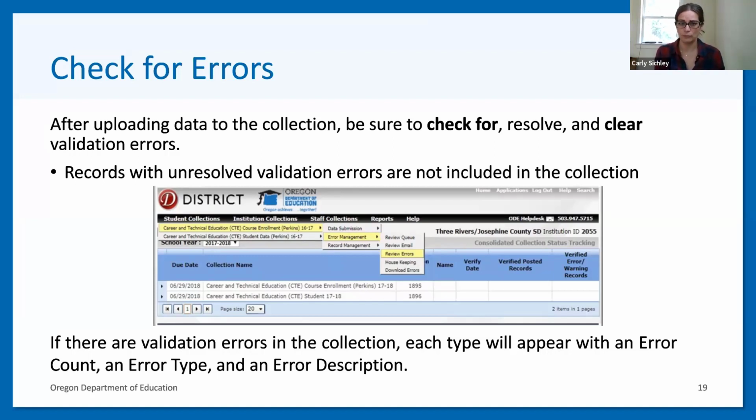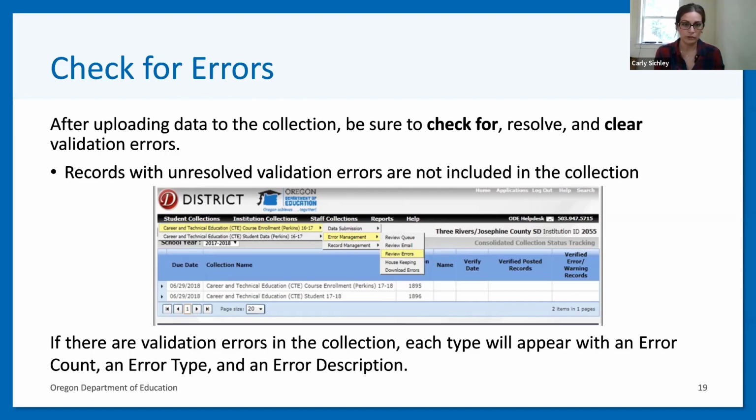And like I said before, if you have records that have errors and don't rectify them or clear them, then those records will not be included in the numbers that we have for your data submission. So you want to make sure on that front page that all of the posted records match what you have sent to us, so that we are getting the accurate data numbers, the accurate number of students, and definitely the accurate number of courses that were taken by the students.